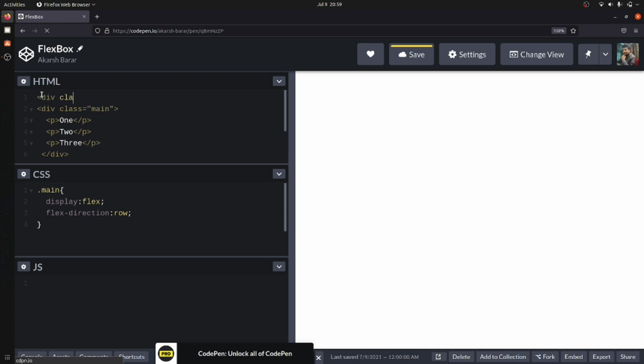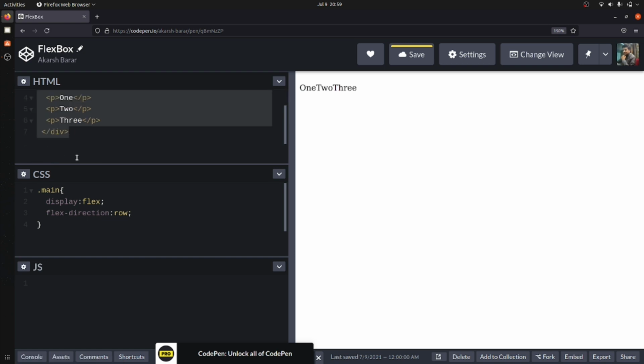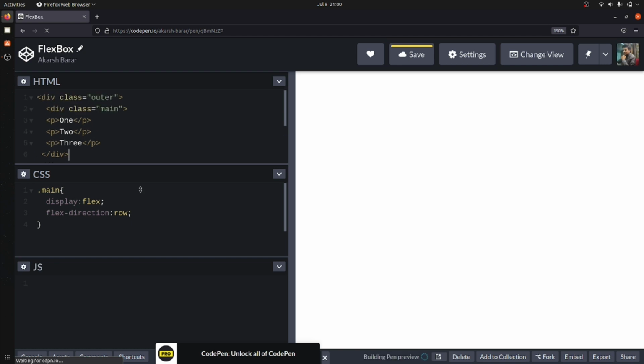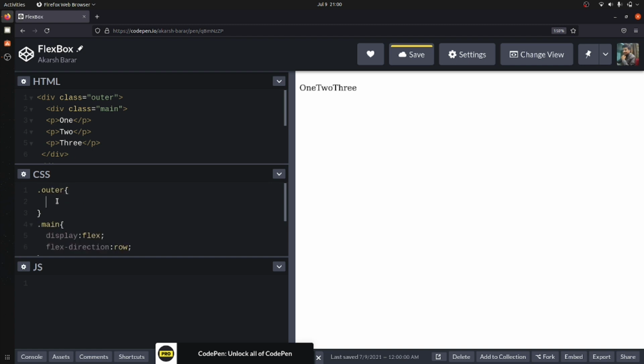Div class, and its name is outer. Now I'll copy the whole thing, cut it, and paste it inside our outer tag.